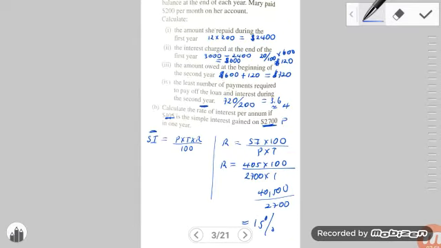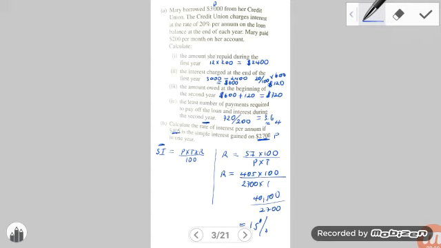Alright, you could actually, as I said, plug it into the formula. It's going to be more or less the exact same thing. So definitely you want to study the sub-formulas that are derived from this basic simple interest formula, PTR over 100. Alright. Awesome. Let's move on now to